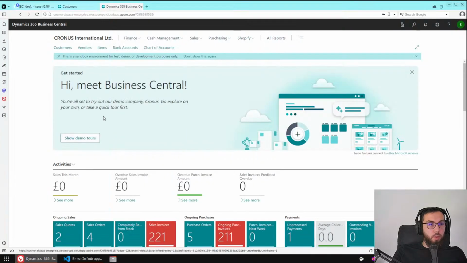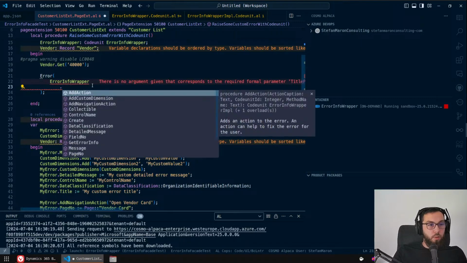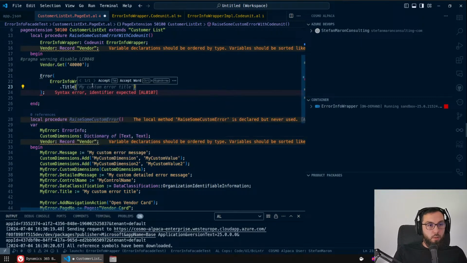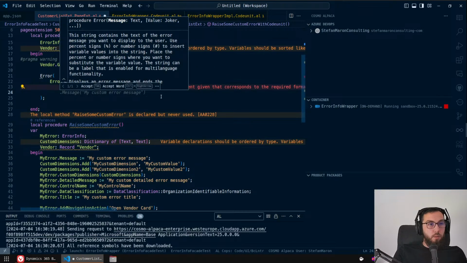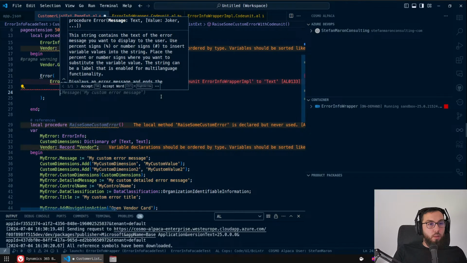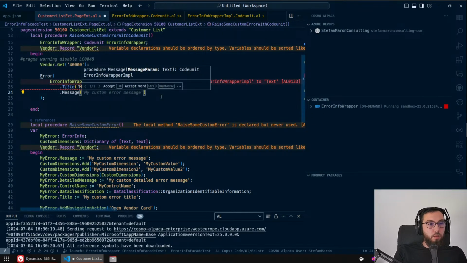Okay. Oh, what I was missing was this explanation, but it's part of the parameter documentation, so that's why I didn't see it. Now we're back to the error message documentation, but I can do message and then